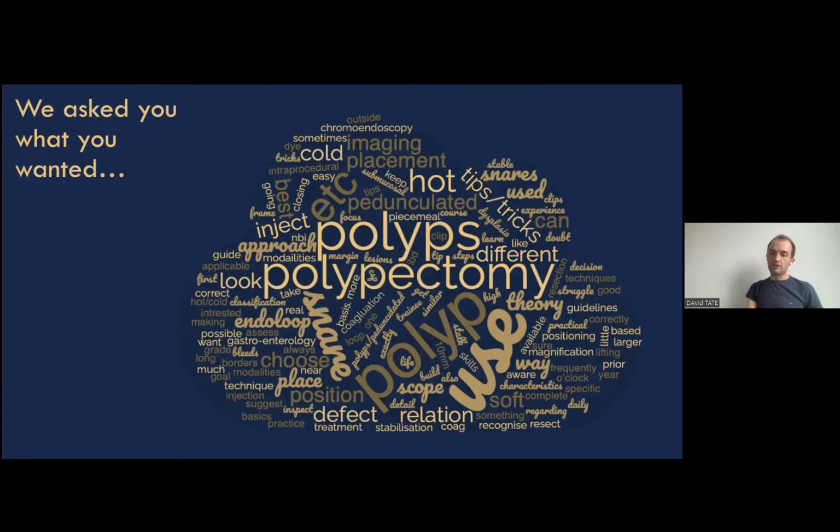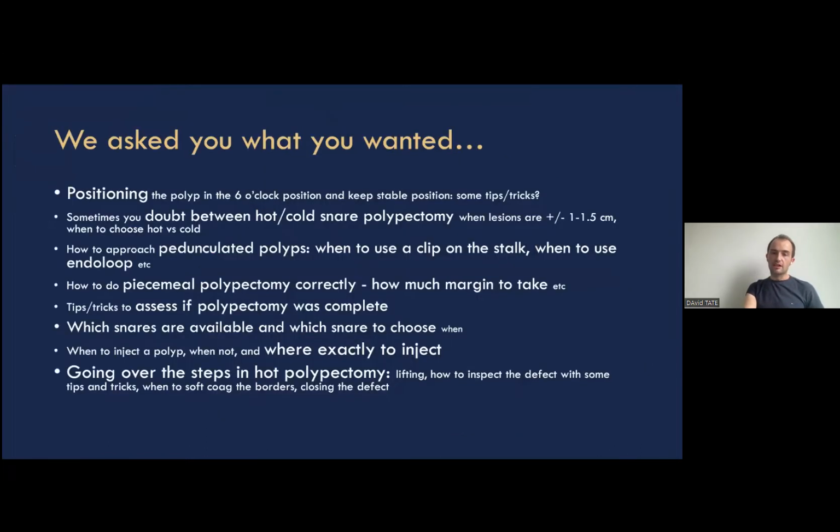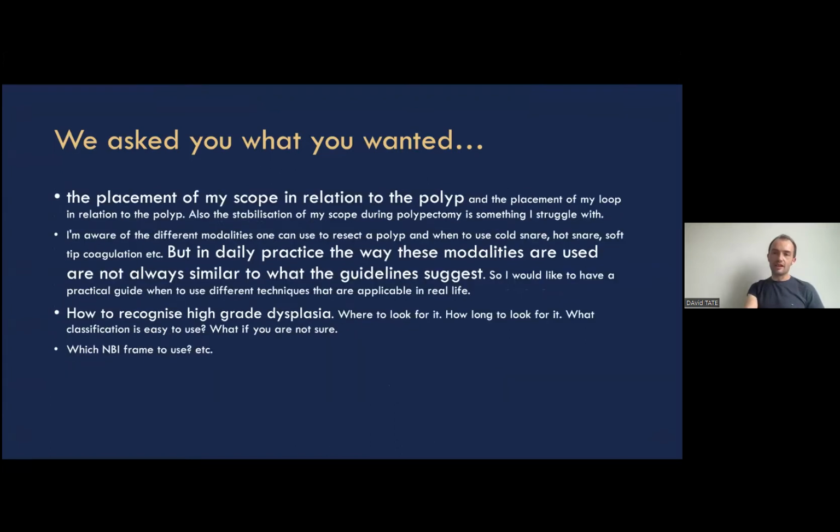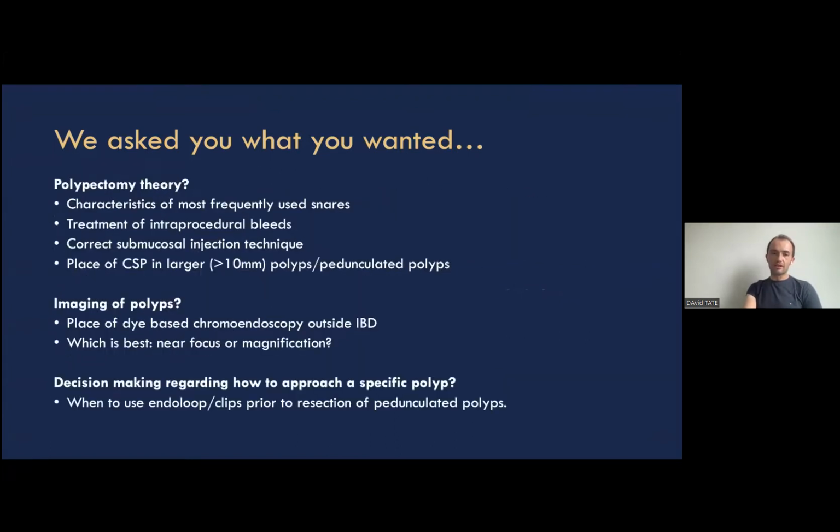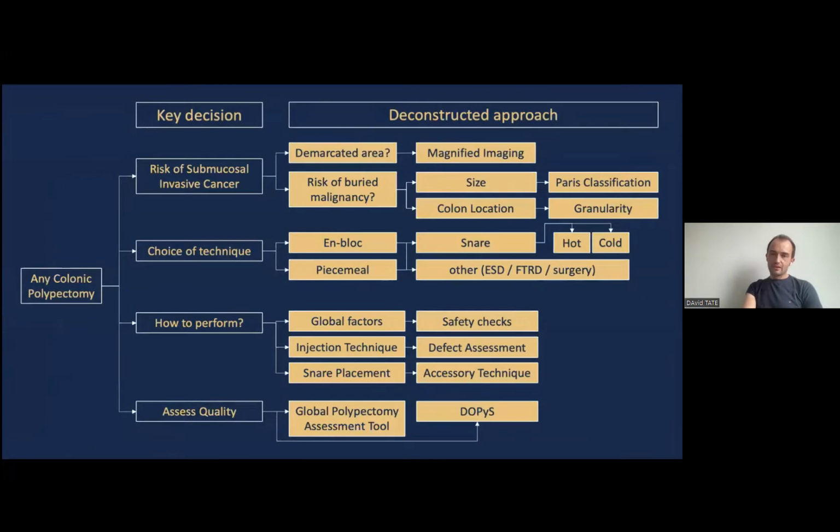So previously in the course, we asked lots of people what they wanted from imaging, and I show this to you because I think it's interesting. The majority of it is how do we do polypectomy, not how do we image polyps. Everyone wants to know about the doing, and nobody wants to know about how to assess a polyp properly. So unfortunately today, we're not going to give you any of the doing, and we're going to give you all of the imaging. So this might be how you might look at polypectomy if you did a bird's eye view. And there are some key decisions you make when you do polypectomy.